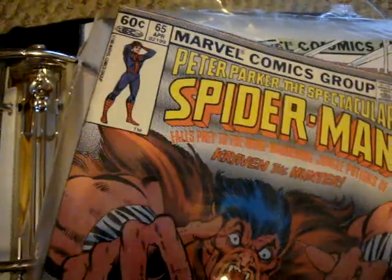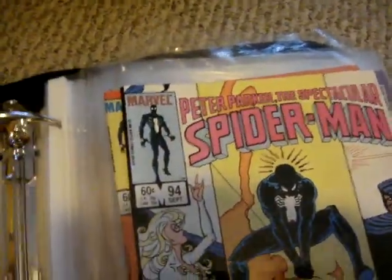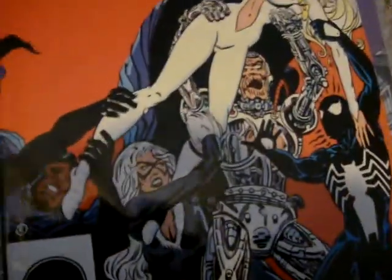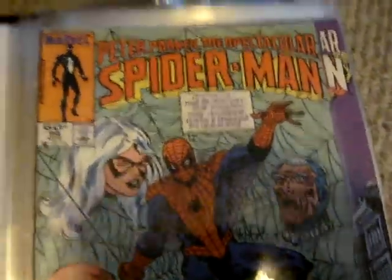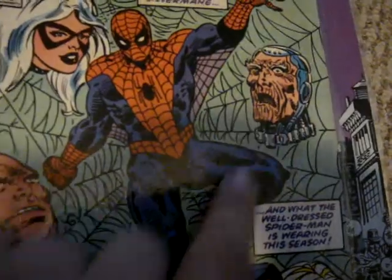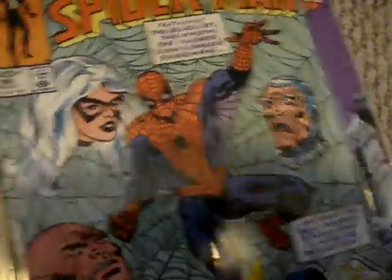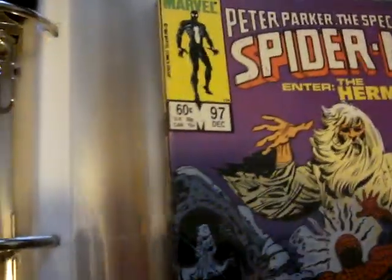65, a big gap right there, but I am trying to complete them. 77, 94, 95. Now this series with Cloak and Dagger and Silvermane, I believe his name was. Yes, Silvermane, which is him right there. It was an outstanding series. I have all four of this series, all featuring Cloak and Dagger. Spectacular Spider-Man 97,